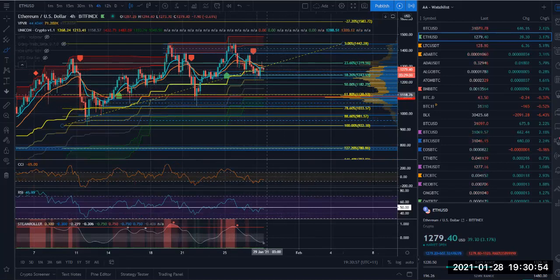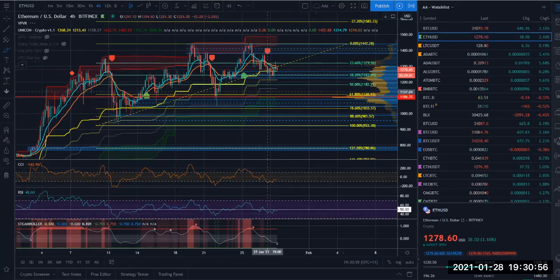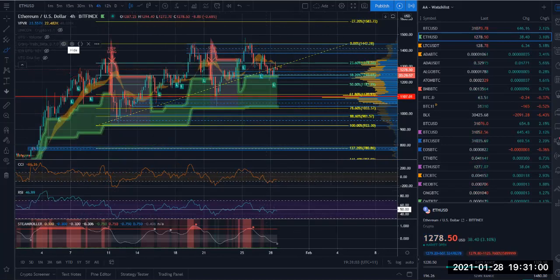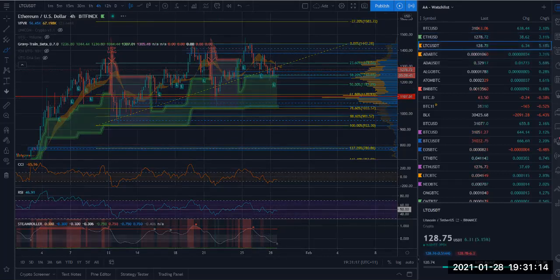So a lot of things are lining up at that 1100 level. That's where I'm looking at more buys on ETH. Again, not financial advice. I'm interested to see what Gravy Train tells us at this point. It says to long at this stage, but excuse that, I'm not overly confident of that at this point. So again, this $1,000 level, this $1,050 level makes a little more sense to me at the moment.